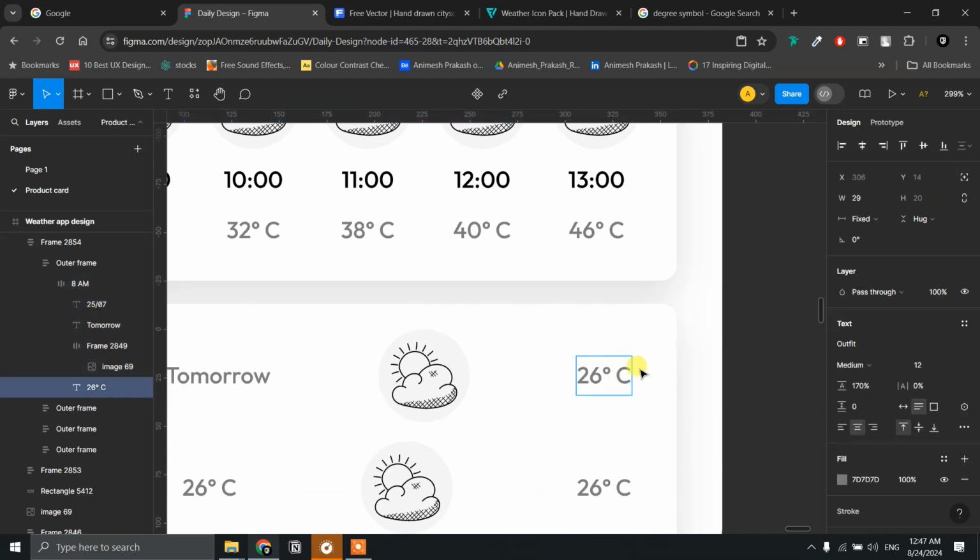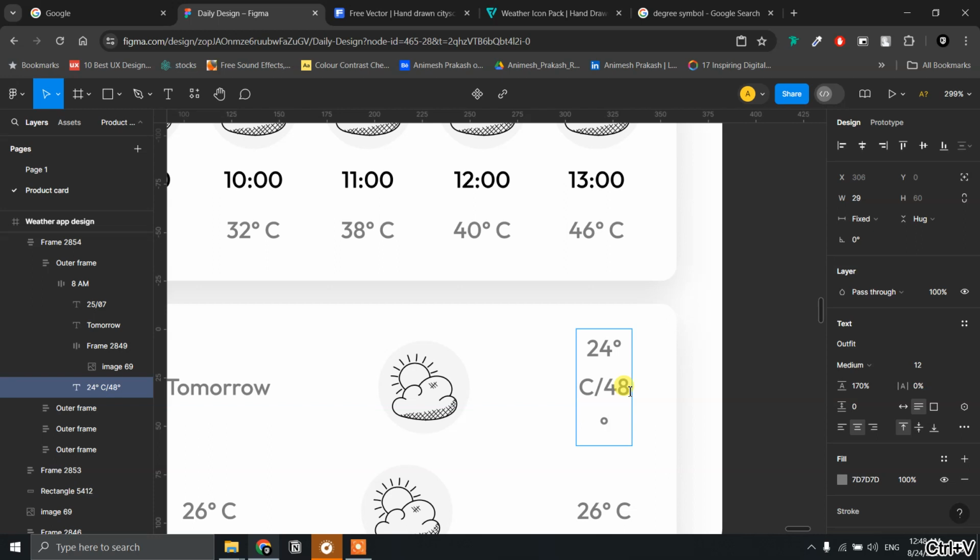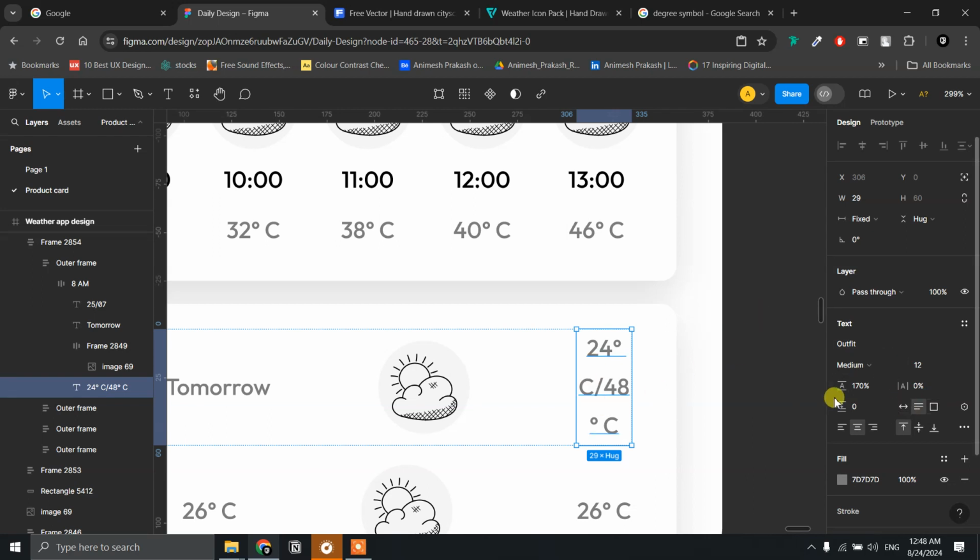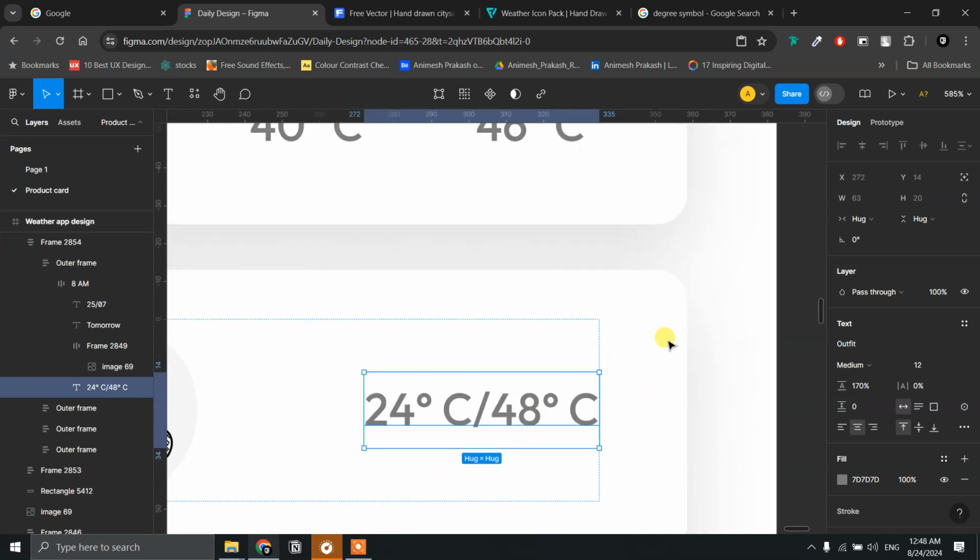We will rename it, and edit it to the maximum and the minimum temperature on that day. So for minimum temperature, let's make it 24, and forward slash, and we'll make it 48. Degree symbol we need to copy. Let's apply auto width to it. Okay,